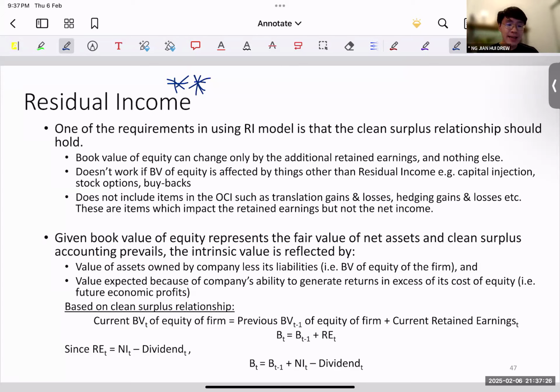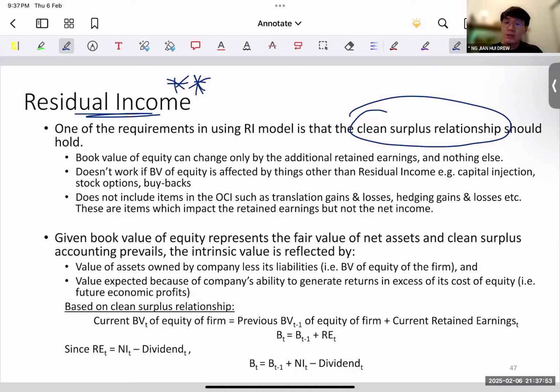So the idea of this is that the residual income model strongly depends on this concept of the clean surplus relationship. So the question is, what on earth is this clean surplus relationship, and why do these funny things come about? So let's go back to accounting. In accounting, when we have our book value of equity,